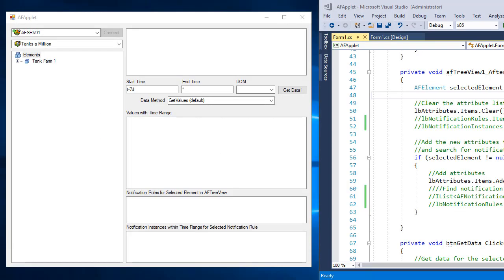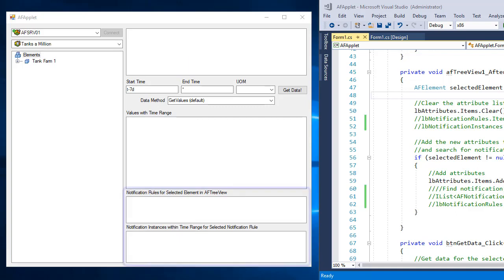Welcome back. Great news, we're finally going to get back to coding after taking a long detour on configuration. So I've already modified the AF applet showing the end result of our notification viewer. We're going to go over the specifics of what was done in just a moment, but first let's take time to see the expected behavior in the finished product.